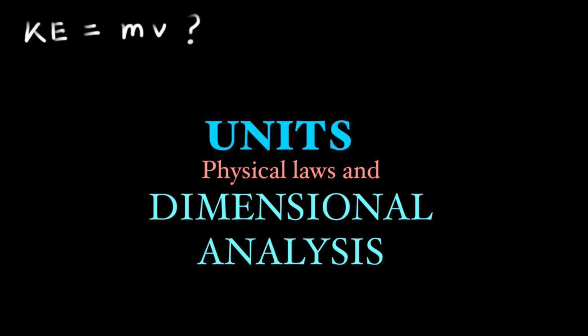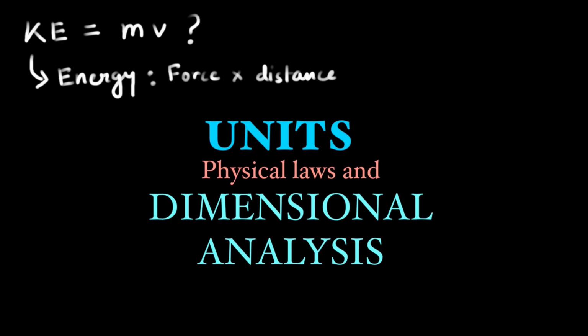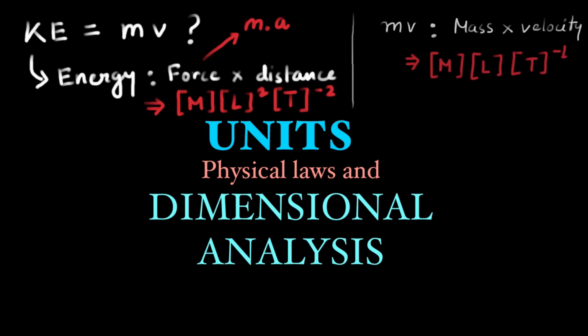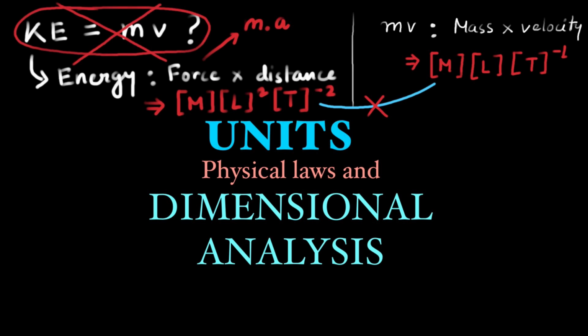Suppose someone claims that kinetic energy is m times v instead of half mv squared. Before even checking through an experiment, we can ask, does the dimension match? Energy has the dimension ML²T⁻², but mv has the dimension MLT⁻¹, and that's momentum, not energy. So the equation fails, not because of numbers, but because the units just don't work. And of course we shall look into all of these when we go into dimensional analysis. But for now, I hope you just get the idea.